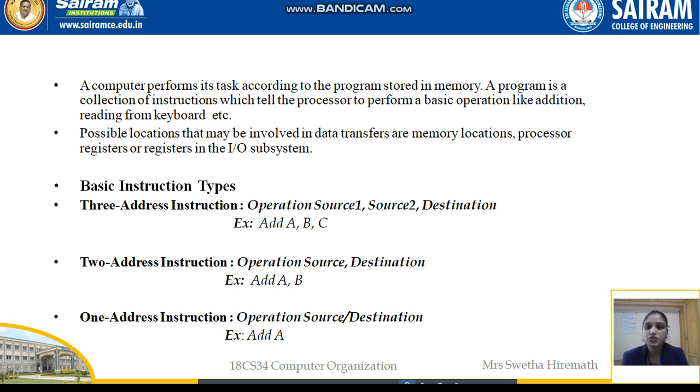Similarly, a two address instruction consists of only two parts, one source and one destination, whereas a three address instruction consists of two sources and one destination. An example of a two address instruction is add A comma B, and a one address instruction is operation followed by a source or destination. For example, add A: the contents already stored in the memory will be added with whatever is present in A, and again it will